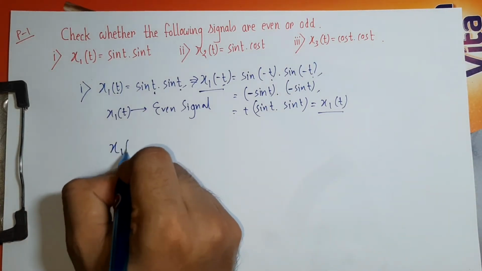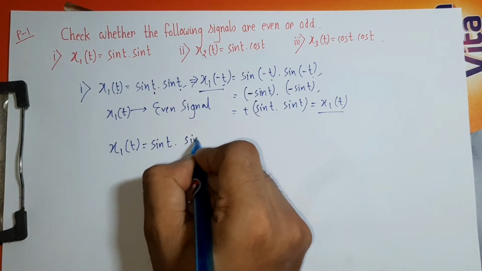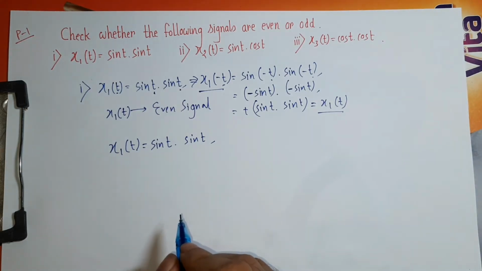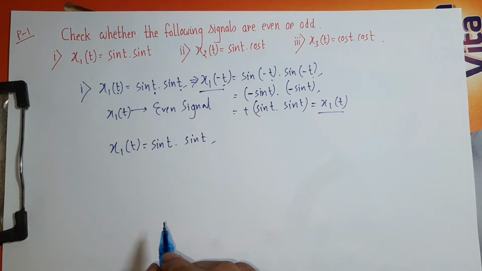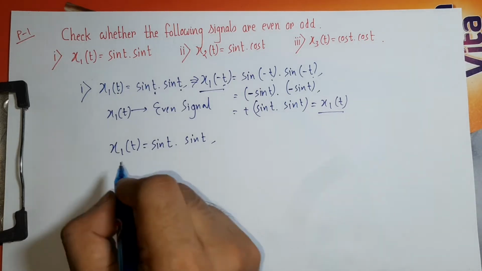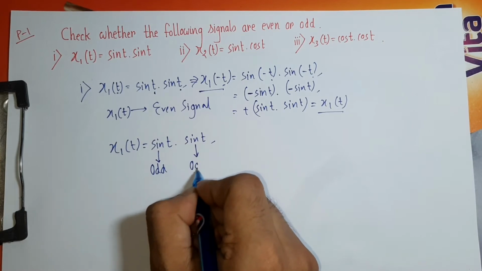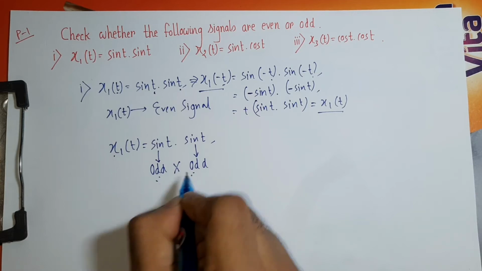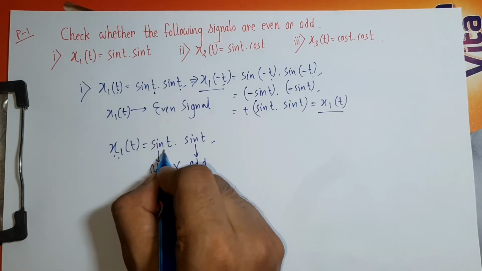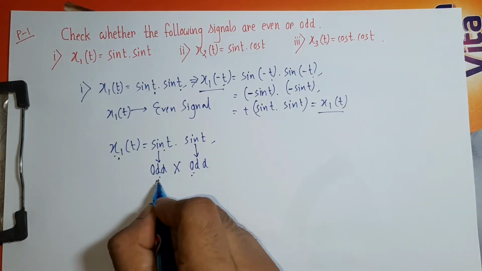We have x1(t) equal to sin t multiplied by sin t. We know that sin t is an odd signal. If you don't know why sin t is an odd signal, please go to the first video on the concept of even and odd signals. There I have explained in detail why sin t is an odd signal. So you observe that x1(t) is nothing but multiplication of two odd signals, because x1(t) is obtained by multiplying sin t with sin t. So as sin t is an odd signal, hence x1(t) is obtained by multiplying an odd